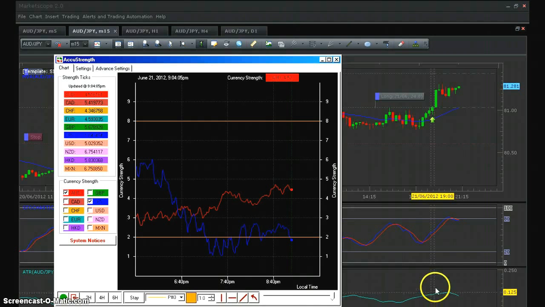You'll also notice that this stochastic was moving up at this particular stage, and the